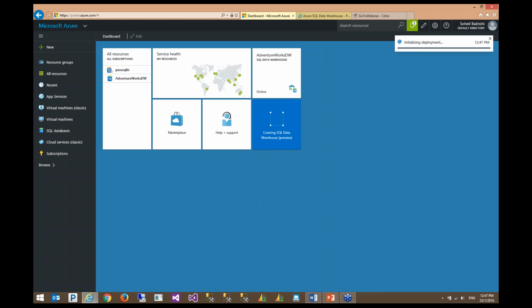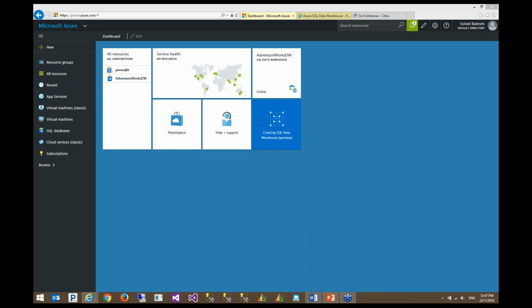This might take some time. I measured it, and sometimes it takes up to 8 minutes, and I don't want to take that much time to do this, so I'm going to use my predefined AdventureWorks data warehouse, which is available for us.